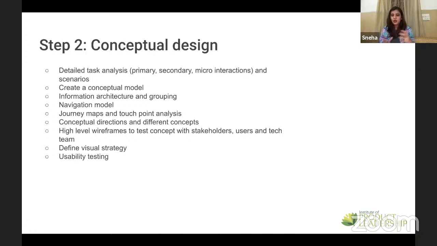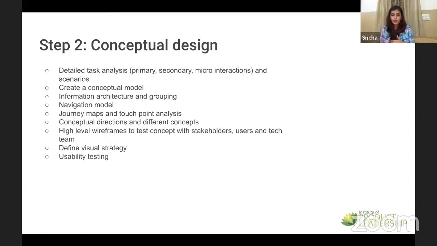All of this now comes together to help you create high-level wireframes for concepts. And these are the concepts that you can now start testing with the stakeholders. It could even be a paper sketch. It necessarily does not have to be a high fidelity wireframe done or a visual design done. It's great. Like I usually sketch out, and trust me, my sketches are terrible. Ask my team. Some of them are also on this call today. I sketch terribly, but I feel it's simpler, it's quick, it's dirty, but it does the job. So do a quick sketch, share with the team, and check what they have to say about it,